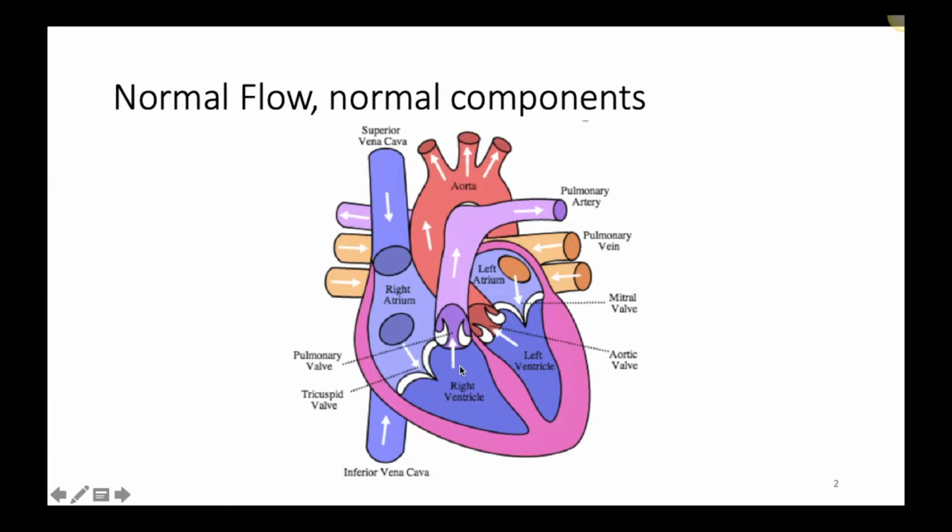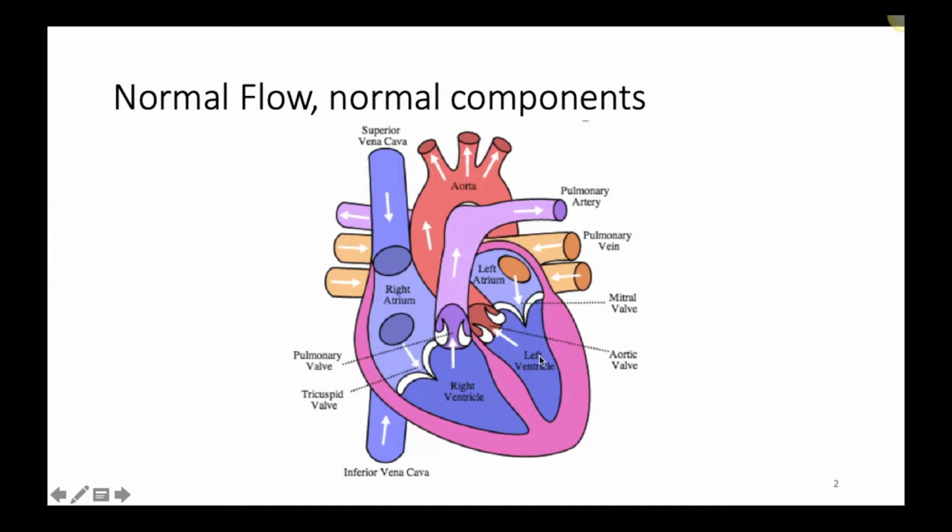And then that deoxygenated blood goes through the pulmonary valve, out through the left and right pulmonary arteries. It goes into the lungs at that point to become nice and oxygenated, and then from the lungs, the happy oxygenated blood comes through the left and right pulmonary veins, gets emptied into the left atrium, it gets pushed through the mitral or bicuspid valve, also known as the left atrioventricular valve, into the left ventricle, at which point the